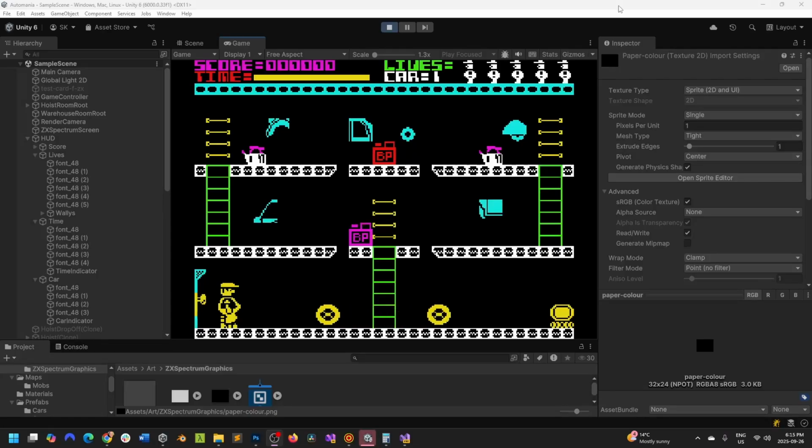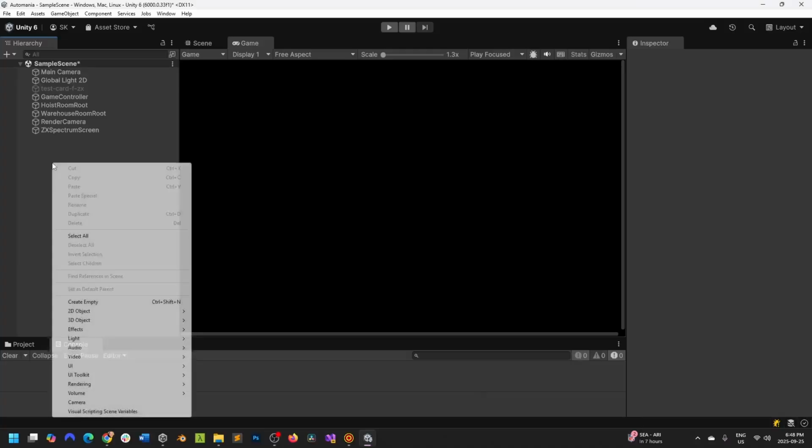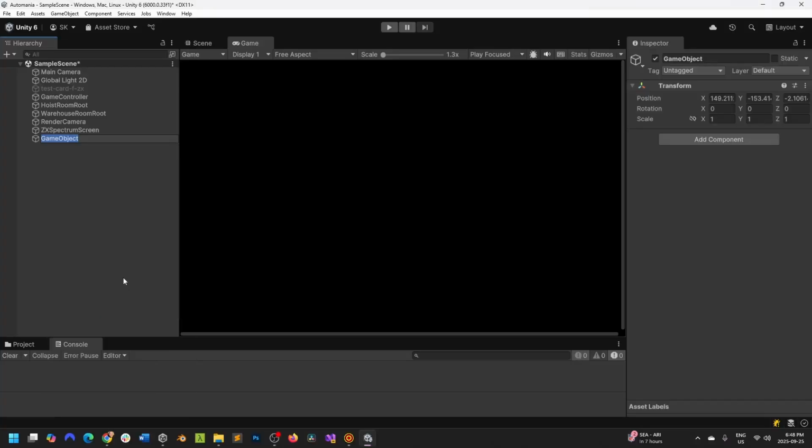Hi guys, in this video we're going to implement the HUD, which is the 2 lines of text at the very top of the screen there, and you can see that the time is ticking away now. All of this starts now. So we're going to create an empty one called HUD